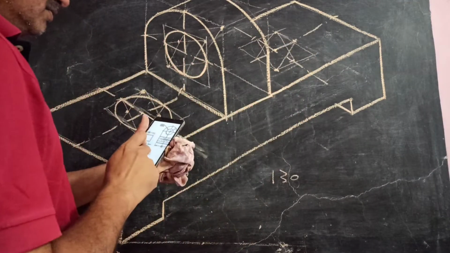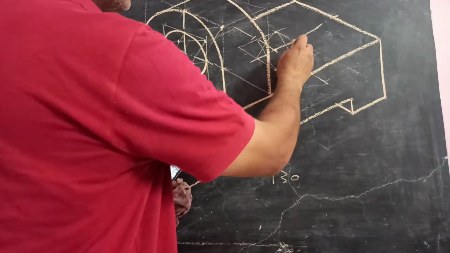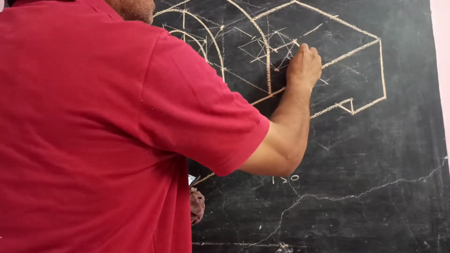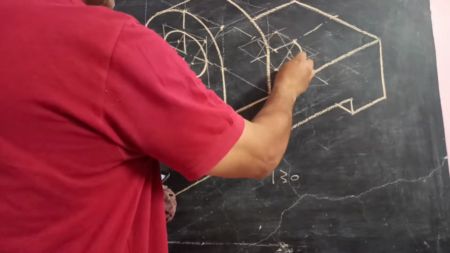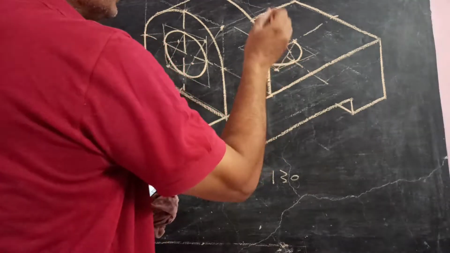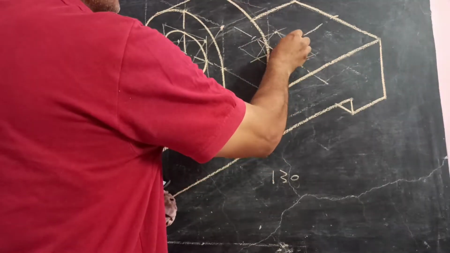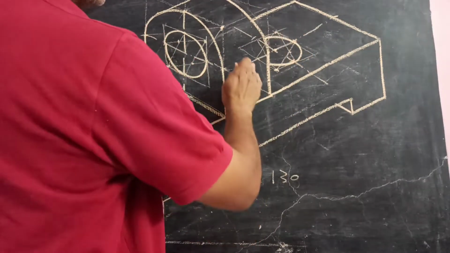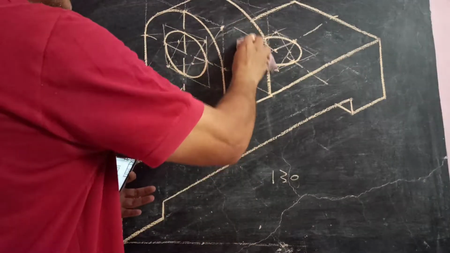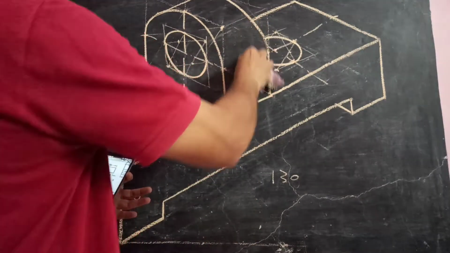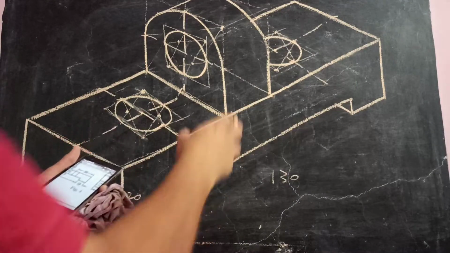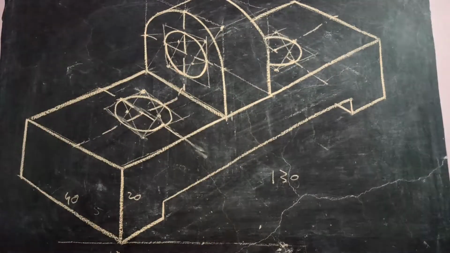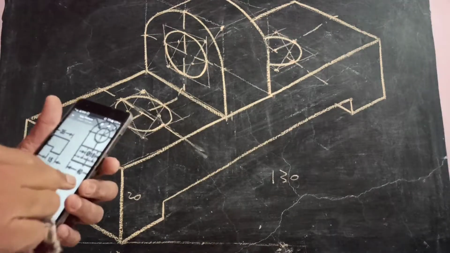Now this particular hole will be visible only up to this. So take this as center, this much as radius. Take this as center, you can draw it up to this. Take this as center, you can draw up to this. So this you can rub out. So you can get the visibility of this hole at this much. So this is the problem, figure number 4, this one.